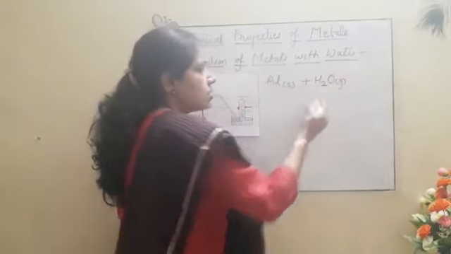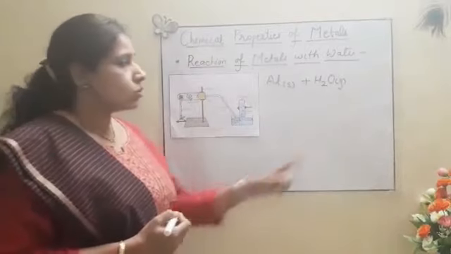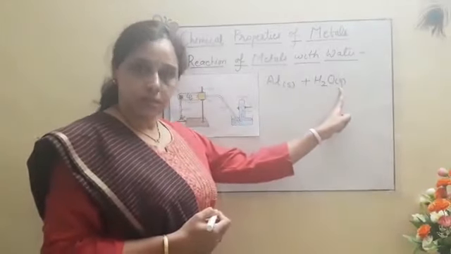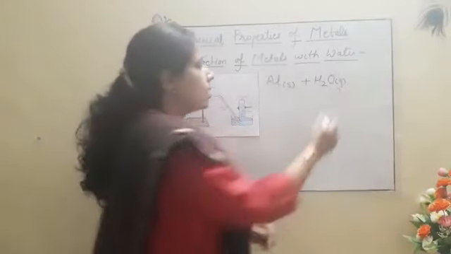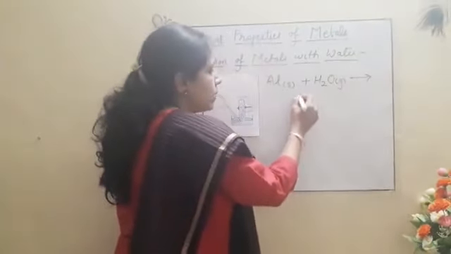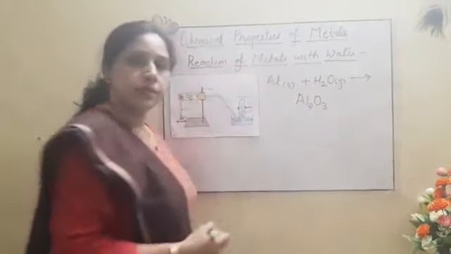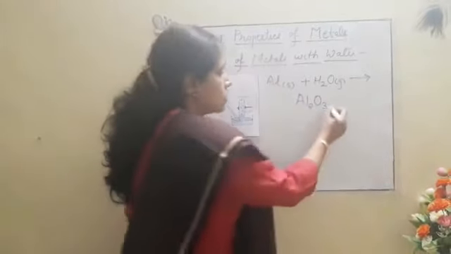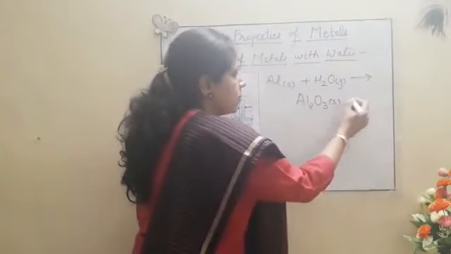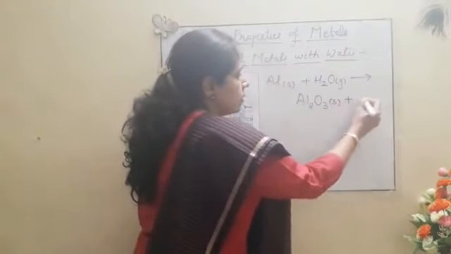Since water is in gaseous state, it is a must to write the symbol for gas here. Now, these two will react to form metal oxide. Al2O3 is the formula of aluminium oxide in solid state, and along with it,